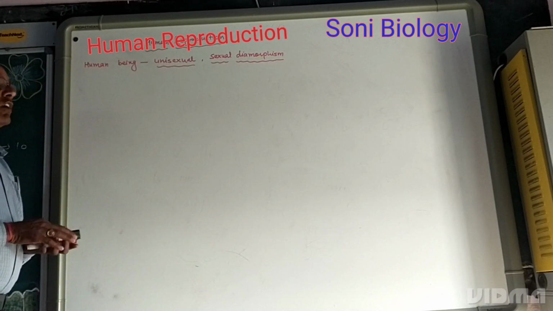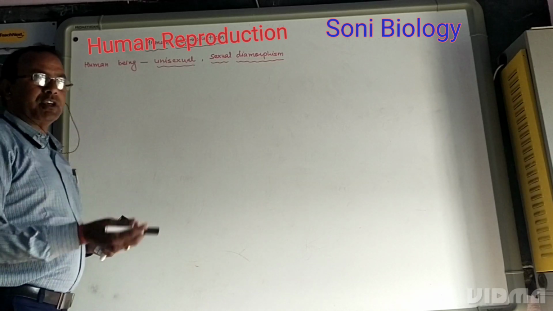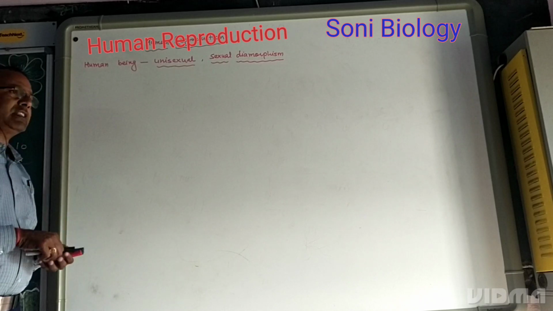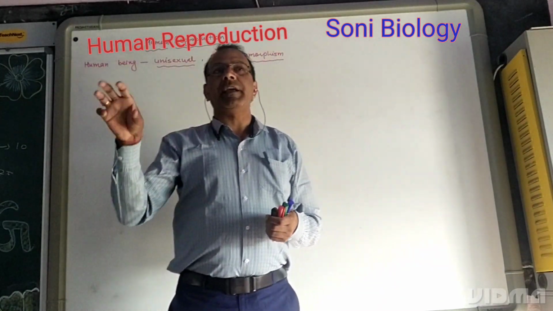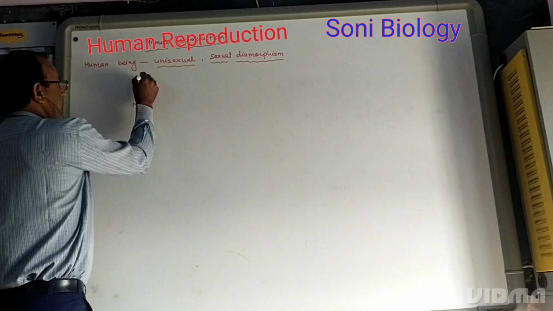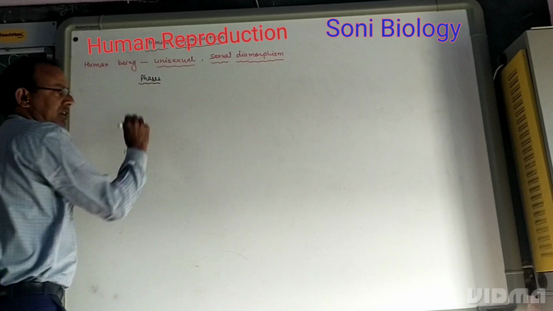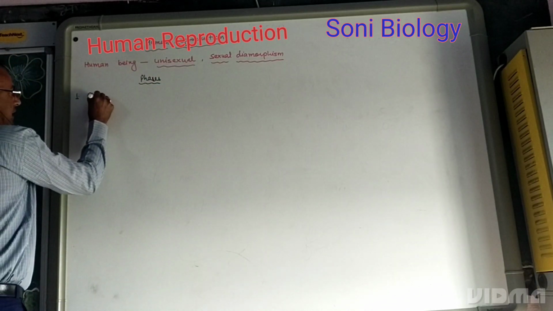There are some phases that occur in reproduction, which help in reproduction and which can be prevented. Let us see how this process takes place. First of all, the phases which occur during reproduction. The first phase is gametogenesis.